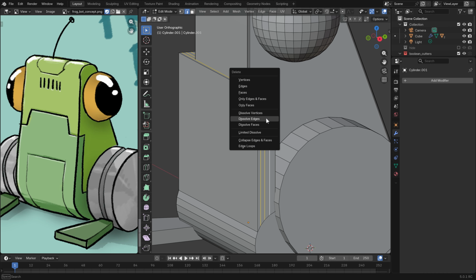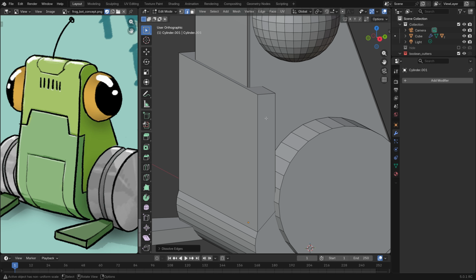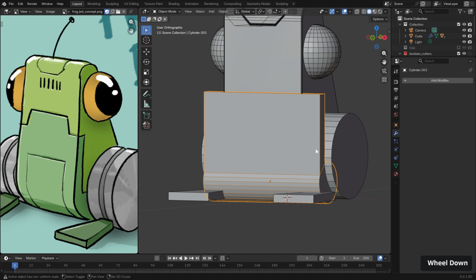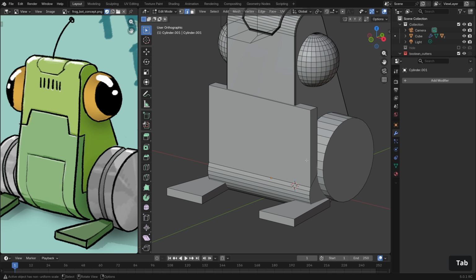This removes them without destroying the surrounding geometry. And now we have a much simpler object which will cut things out way cleaner. Right, we're nearly done, but we have this little inset for the mouth, and we can create that with a loop cut. So we're basically cutting all the way down the middle